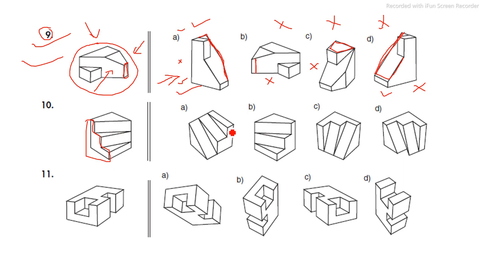So here this is eliminated because this staircase is not completed. One step is remaining here, so this is eliminated. Here a step-like structure is there. Here a step-like structure is there. Here also there. Now we have three figures. Now if you see, they are very identical to each other,